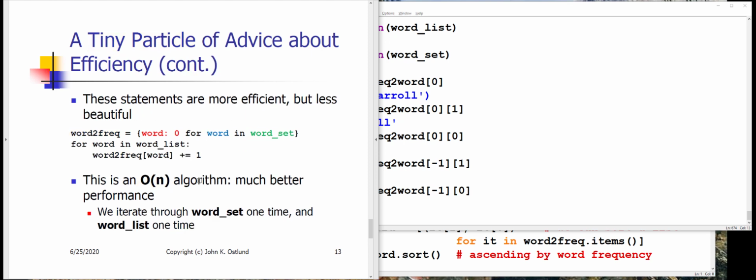Now, how do we speed it up? Well, let's break things up like so. Let's get a word-to-freq dictionary initialized with a count of 0 for every word in our set of words. It only takes looking at n words to set up that word to frequency dictionary. Okay, not n squared words. It only takes n words. Then, for each word in our word list,